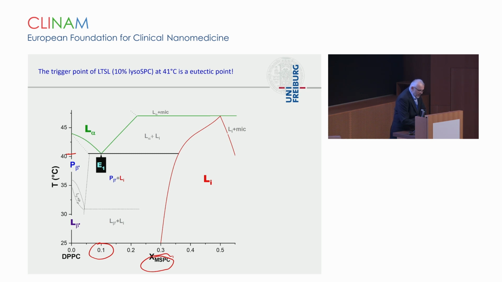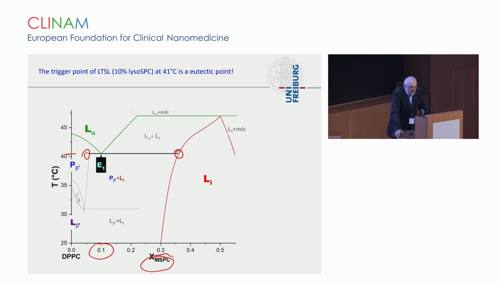One is a gel phase bilayer that contains of the order of 5% lysolipid only. And the other one is a phase that contains almost 50-50. Under these conditions, it's more 30% or 33%. So we have another phase that has an enormously high lysolipid content. And in fact, it is not